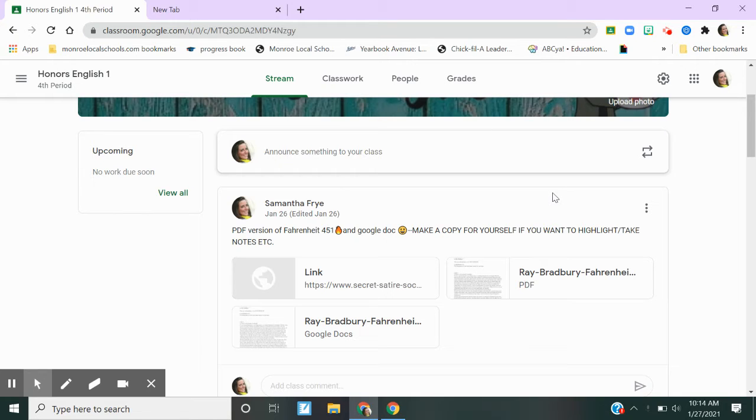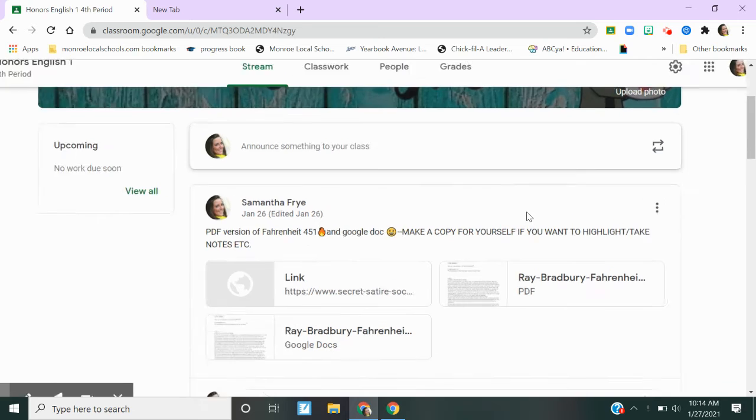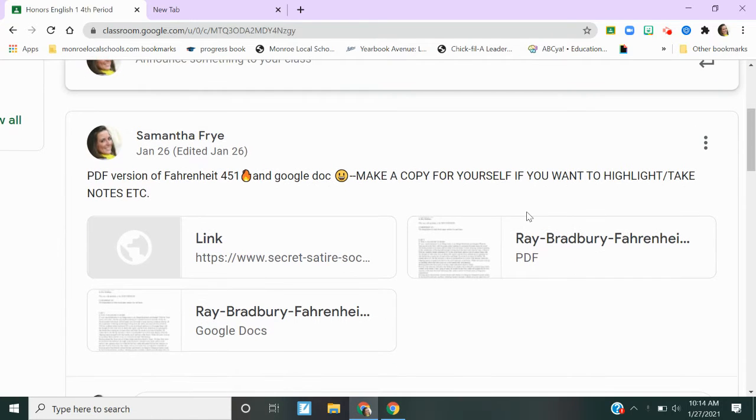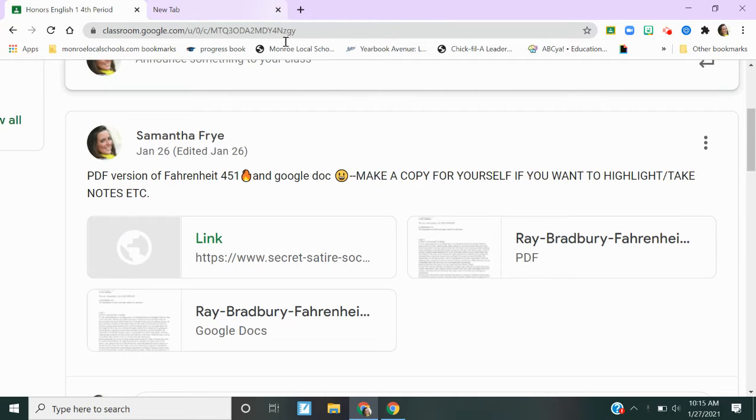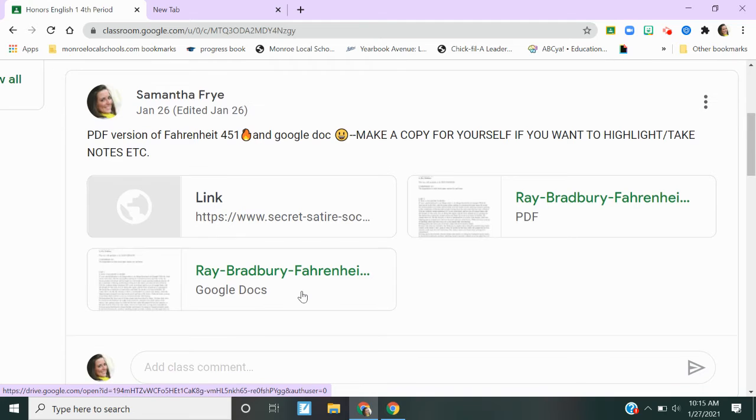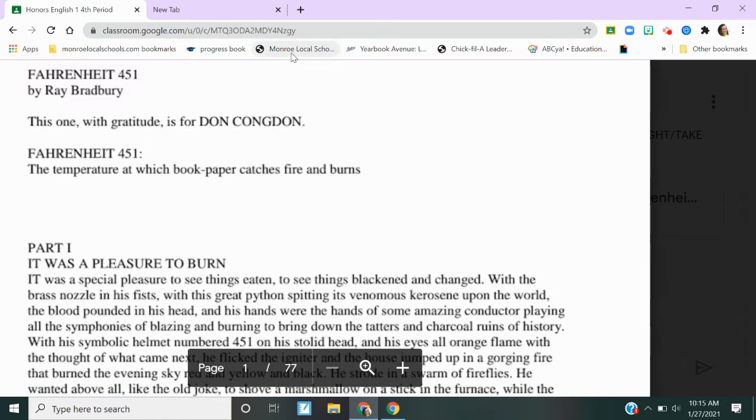that's it. Okay, but I do want to show you that yesterday I did put this on Google Classroom because of the Hoopla issue that we discovered in this bell of it. Was it in this bell that it wasn't on Hoopla? Okay, so I did find a PDF and I compared it to my book and it's exactly the same. So I don't know why I did this, but I just didn't change it. There's the link to the PDF if you want the link. It's right there. Then I downloaded the PDF and I put it there. So there's that one. But then I did end up just copying and pasting the PDF onto a Google Doc,